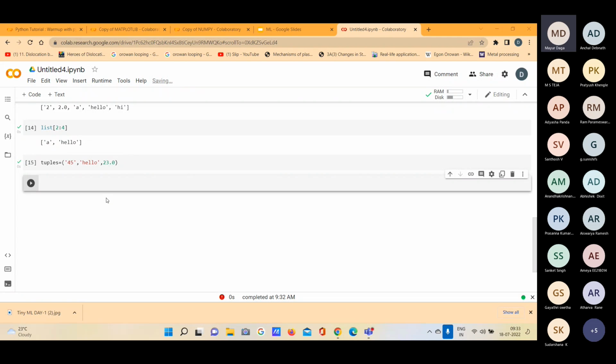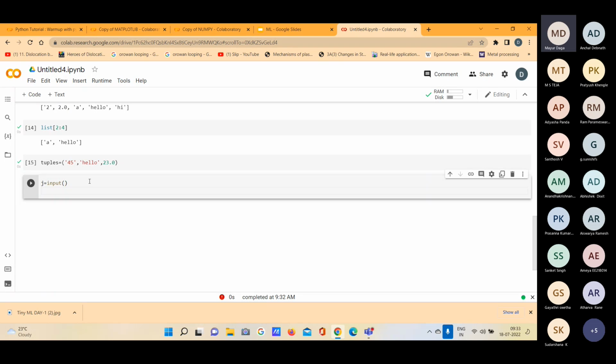Yeah, okay, I'll continue. So tuples cannot be modified. Now I'll move on to if statements. Suppose you want to take a number from the user and store it in a variable. So I'll store it in a variable j equal to input, and based on the j I'll print something. Like if j is smaller than